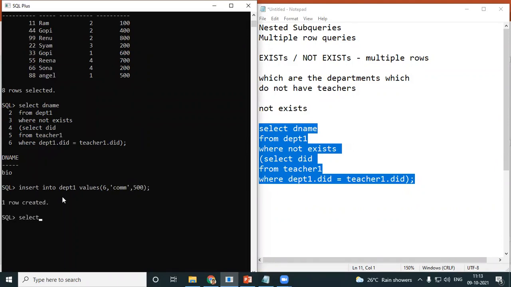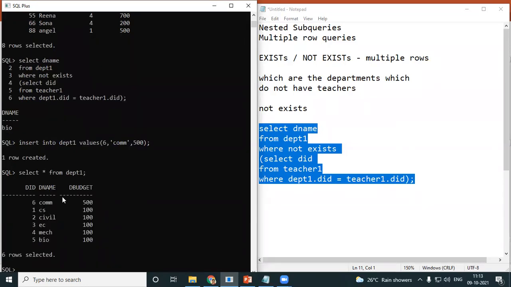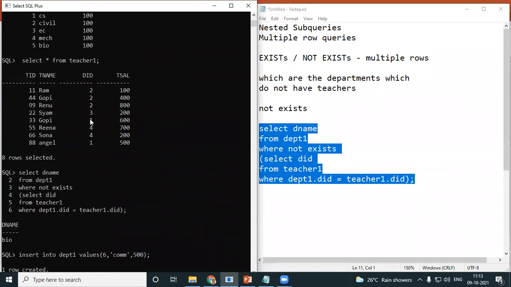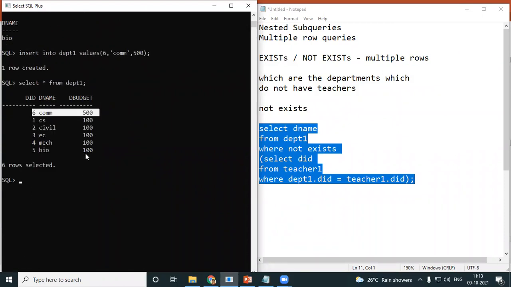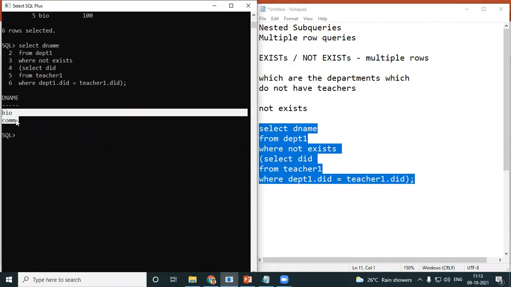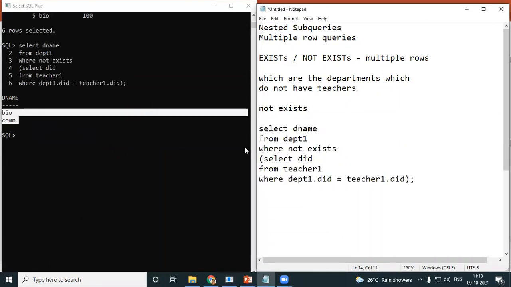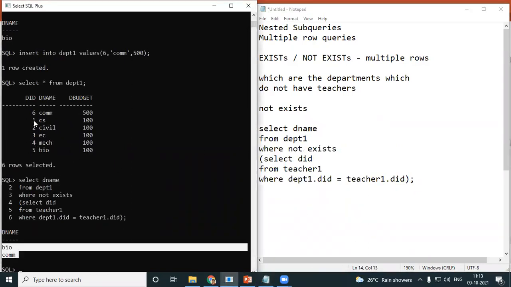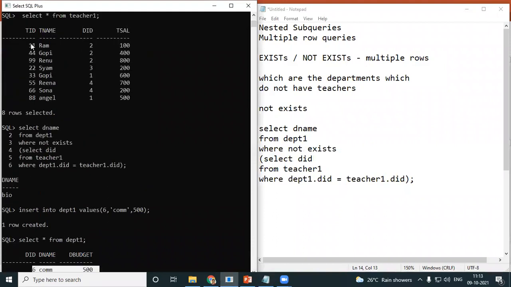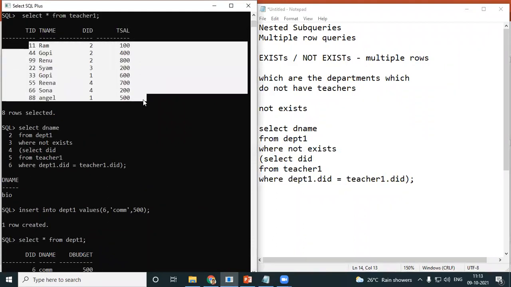Now when I select star from DEPT1, I even have a department called commerce. And if you look into my teacher table, obviously I do not have a commerce because I just recently entered it. So look here, bio and commerce, I do not have teachers over there. So bio and commerce are the rows which do not have a corresponding entry in my second table.